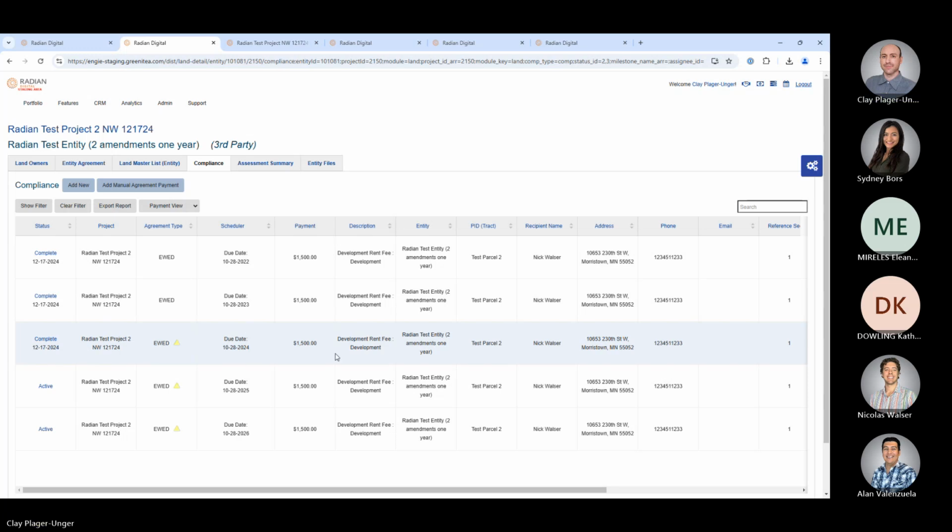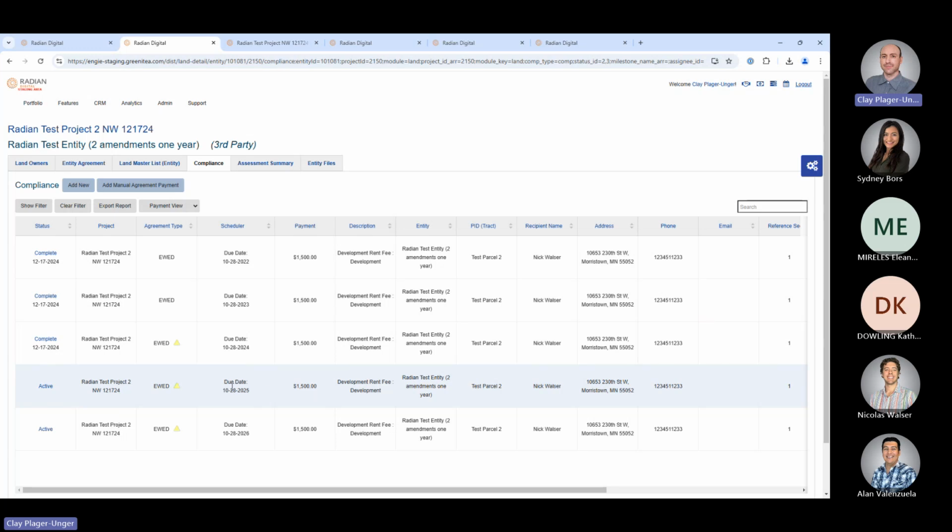So this shows me that the 2024 payment was already made. So I'm not expecting another payment until next year. So in this instance where we have two amendments that got executed close to each other within this sort of time frame, that can be problematic. I know that I'm not expecting any payments until after